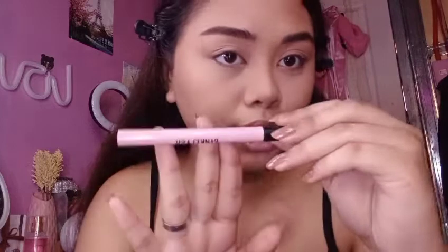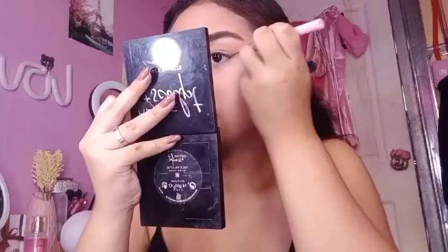For my eyeliner, I love using eyeliner a lot, so I'm using the Pink Flash one. This is the waterproof easy eyeliner. My eyeliner is not good at the moment, but anyways, I love putting on eyeliner, especially since it's my childhood dream to wear an eyeliner wing. In 7th grade I loved Ariana Grande's wing liner a lot, and right now I'm doing it. I don't know if this is appropriate for school, but